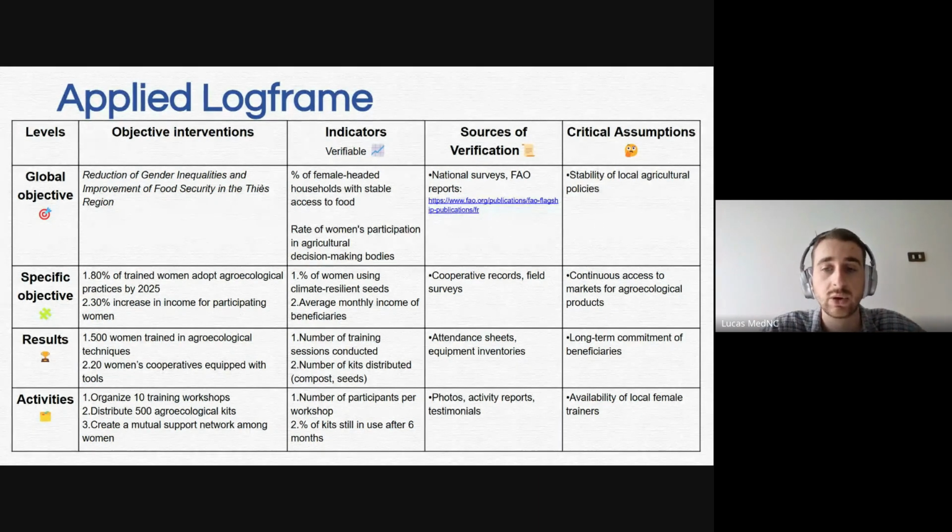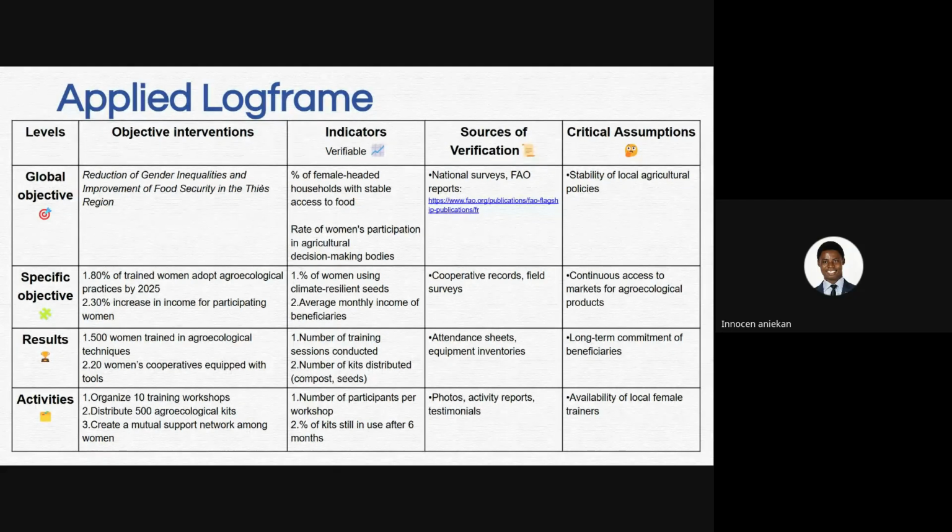So I think it could be good, if you have the opportunity and you have all the information to build it, to do it. I think the logical framework is a very international tool. To be honest, we work in Morocco too, and I think the association that we work with uses this. Okay, thanks so much.